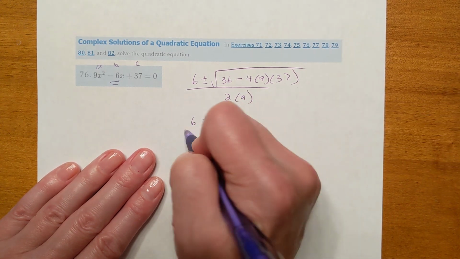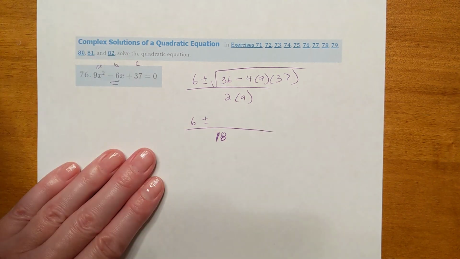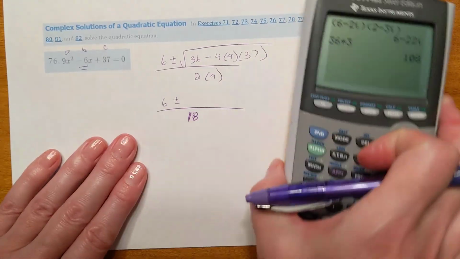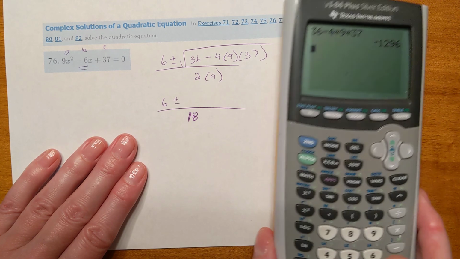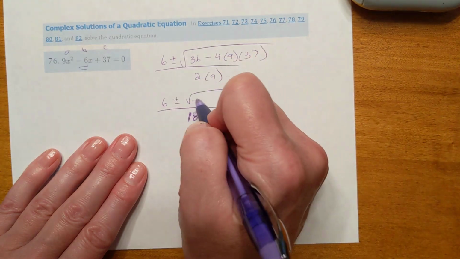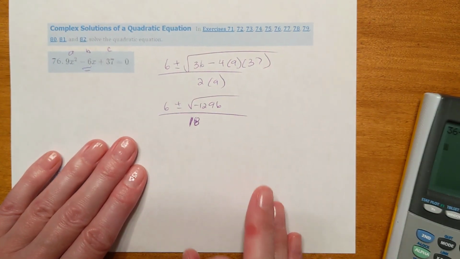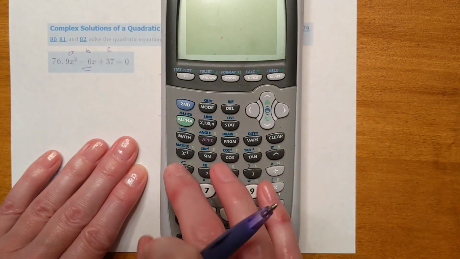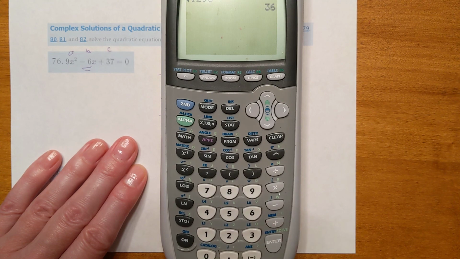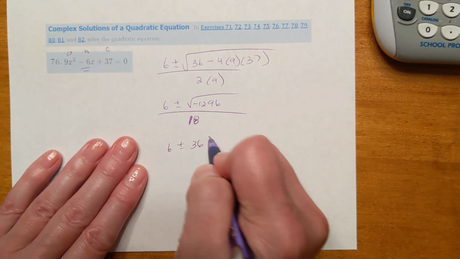So it gives you 6 plus or minus, so 2 times 9 is 18. So underneath the radical there, we've got 36 minus 4 times 9 times 37. You get negative 1296. And negative 1296 is shockingly, 1296 is actually a perfect square. It is 36, but it's got the letter i on it, so that makes it 6 plus or minus 36i